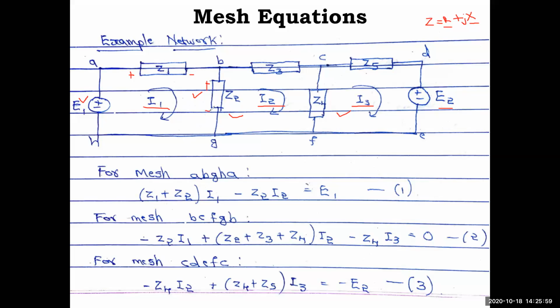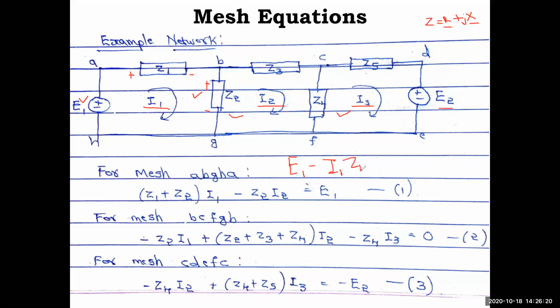So how can you write this? E1 minus, this is a plus, right? Minus plus E1, this is a voltage drop. How do you write the voltage here? The current is I1 in this mesh and Z1, so you can write this as I1